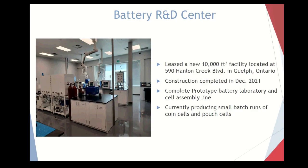Okay, this is their battery R&D center. You're probably looking at over $500,000, maybe $1 million worth of equipment right here. I know one of these machines is over 300,000. And then you've got their